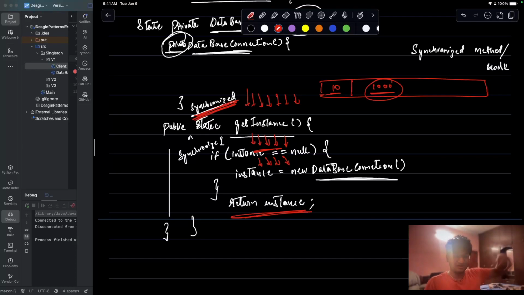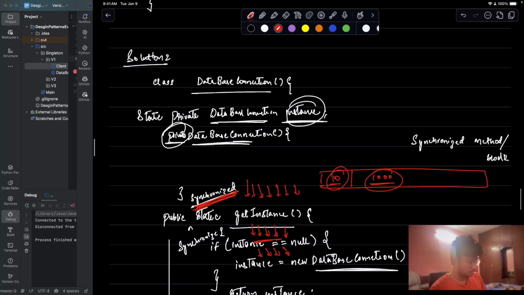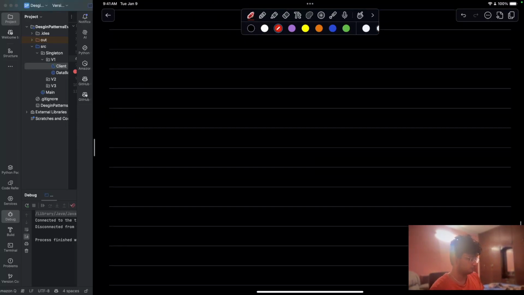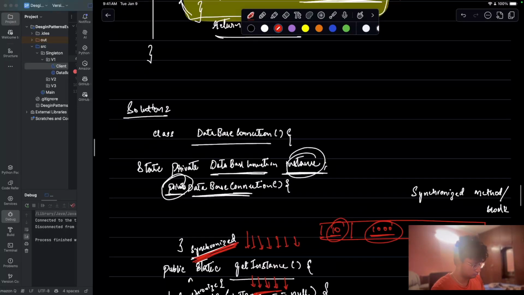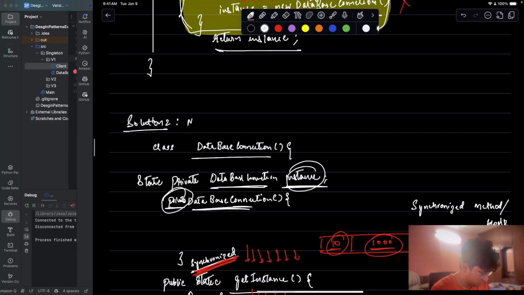So 1,000 threads are getting affected. This will reduce the performance. For solving it for the first 10 threads, you are affecting the performance of the next 1,000 threads. So making the function synchronized is not gonna work. I mean, it is gonna work, but it's not effective. So solution 2 that we had was to make the method synchronized,